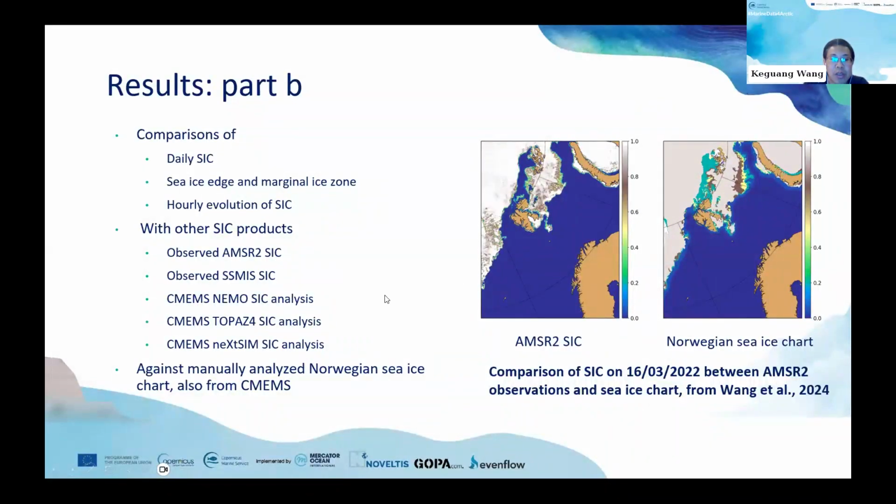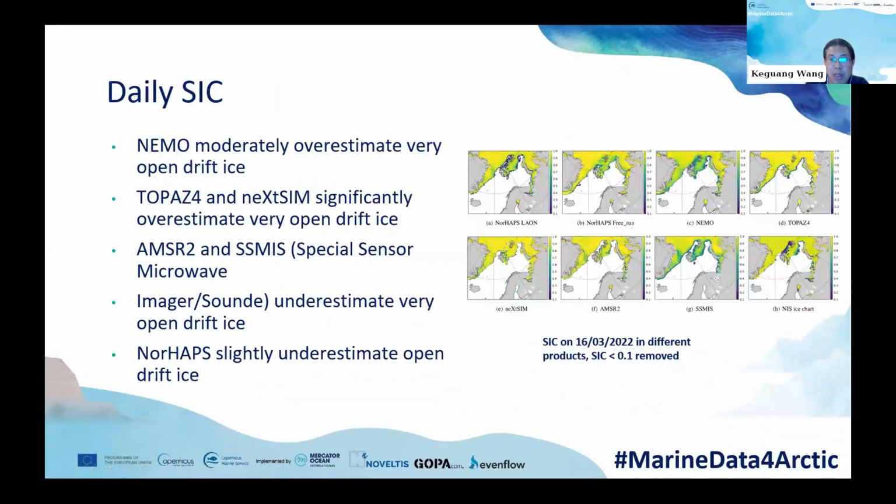So in this case, we compare quite different products: the sea ice concentration analysis from Siemens, this Copernicus data, as well as some of these observations. And this is daily ice concentration. So this is the manual analysis data, and this is